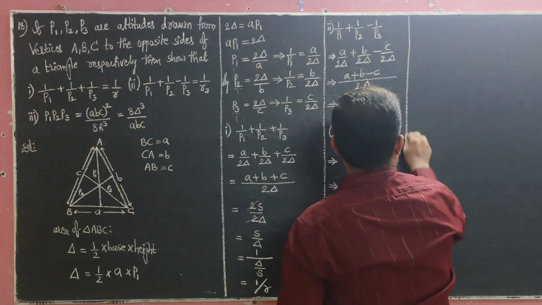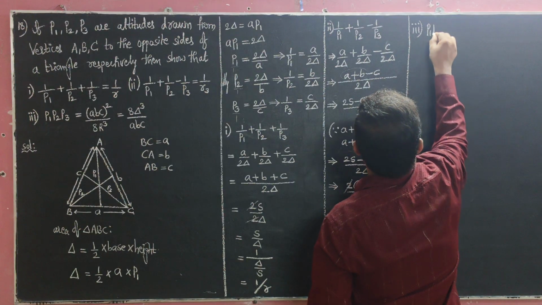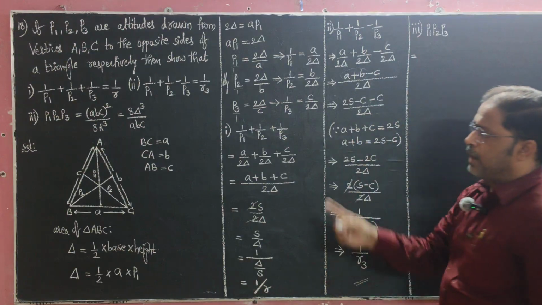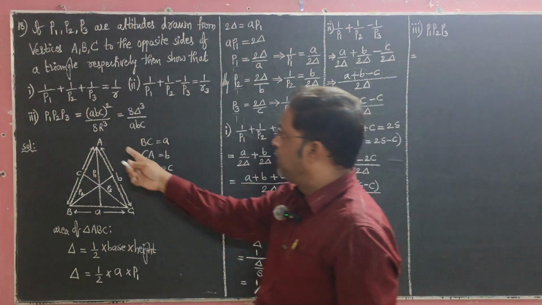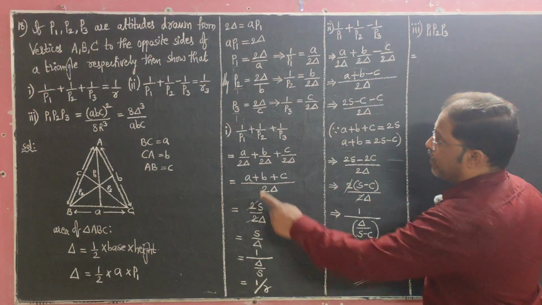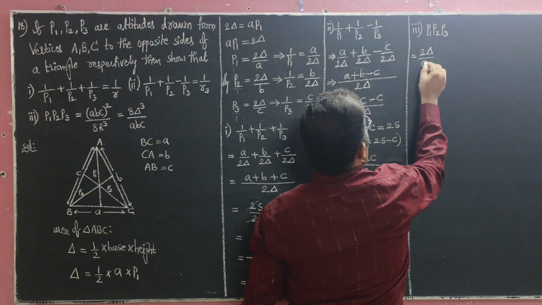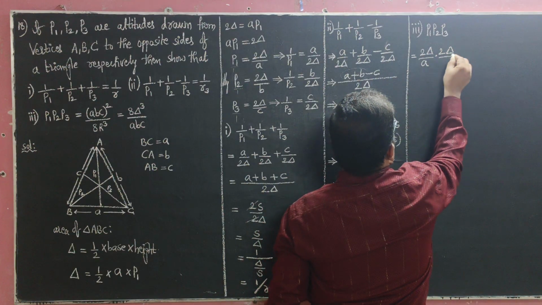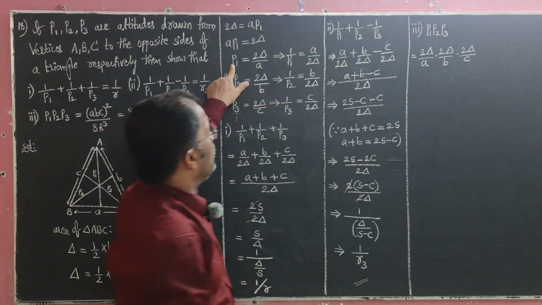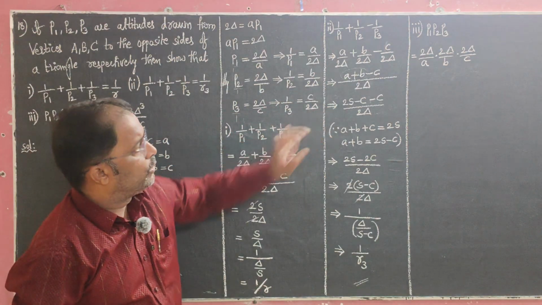Now the third one is, what is the third one? P1 into P2 into P3. P1 into P2 into P3. Okay, we have to show two answers. Okay, see carefully. We have to show this answer and also we have to show this one. Okay, so P1 value is 2 delta by A. So P1 value 2 delta by A, P2 value 2 delta by B, P3 value 2 delta by C. Just substitute P1 value 2 delta by A and P2 value 2 delta by B and P3 value 2 delta